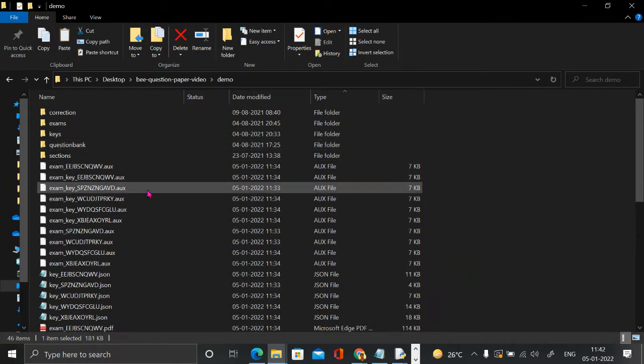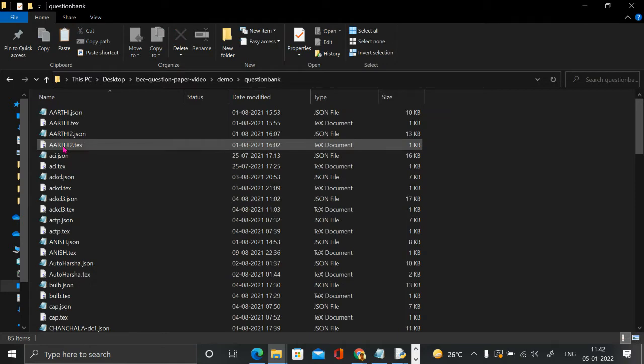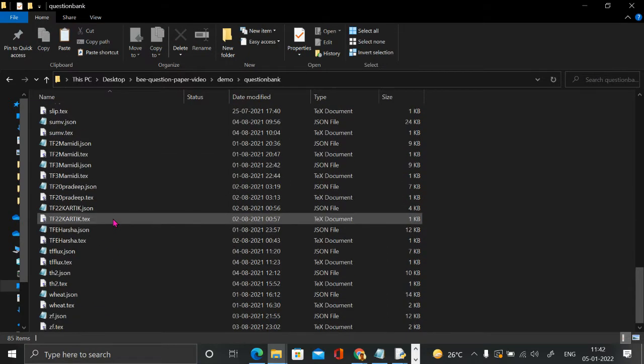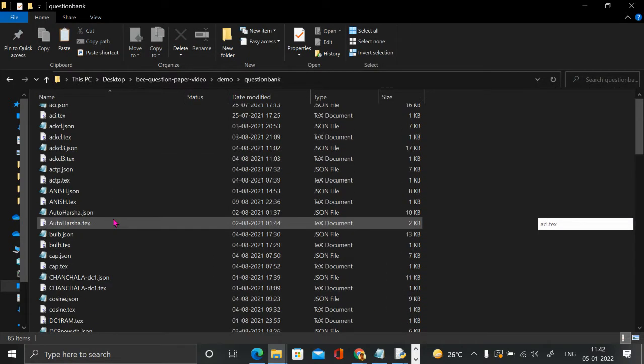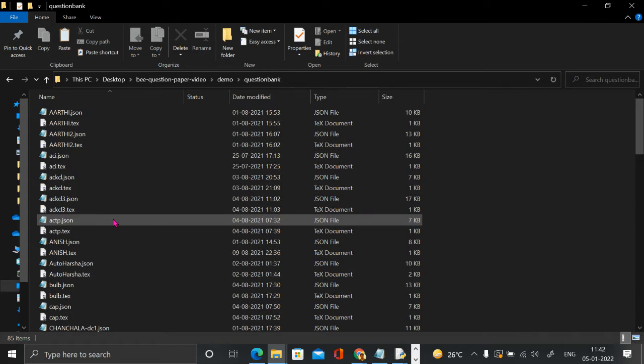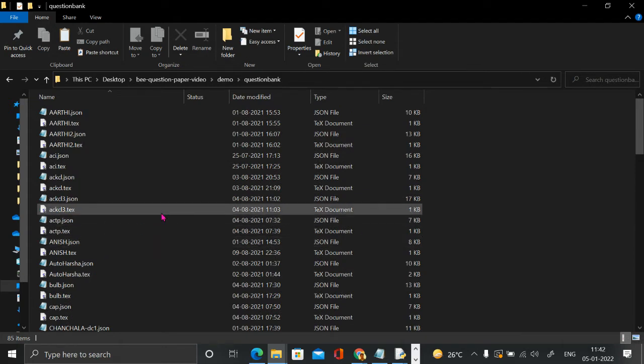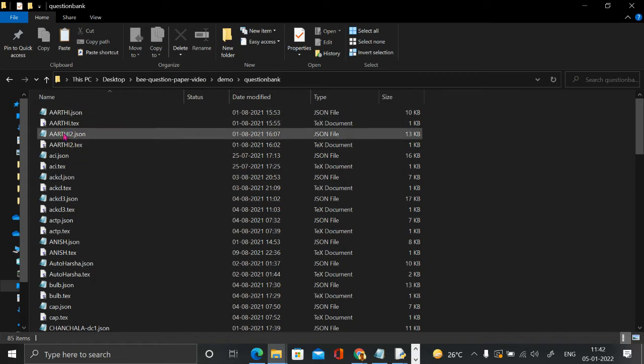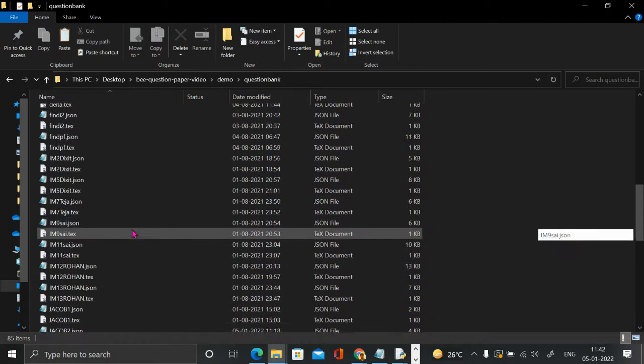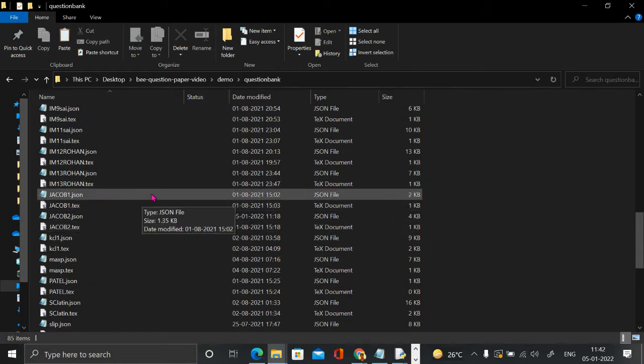So I go to one folder called question bank. There are a lot of questions in this. In fact, I asked the students also to contribute questions. For example, here you can see Arti 2. One student named Arti has contributed that question. By the way, the same student was in the course also. So I said, if you contribute questions for your exam, you can solve them easily. So some of them contributed, some of them I have done myself.